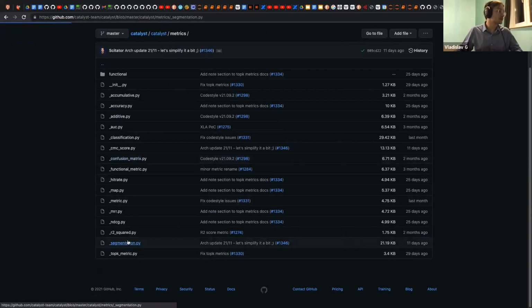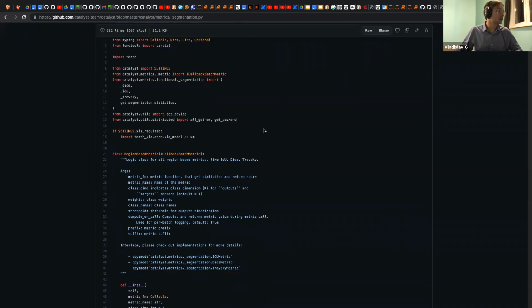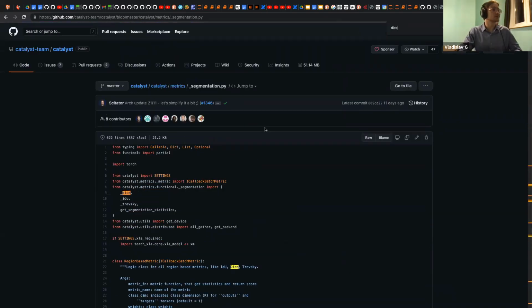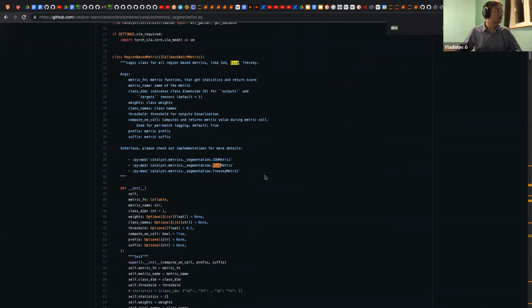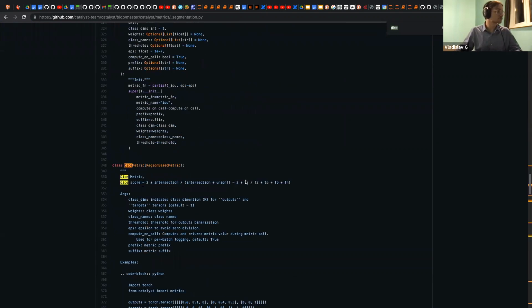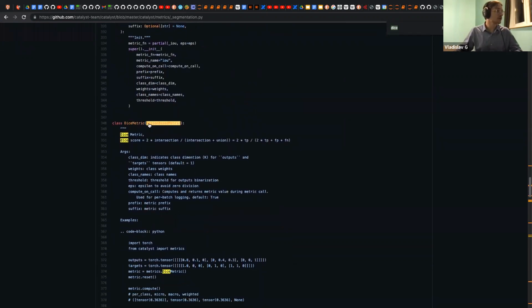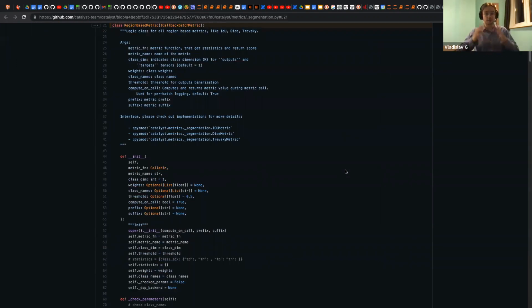Here we have segmentation, and here we have dice. Dice metric, which is a region-based metric, which is another class. So this is real object-oriented programming, and that's what I wanted to show. The callback batch metric, so it all goes to abstract interfaces.